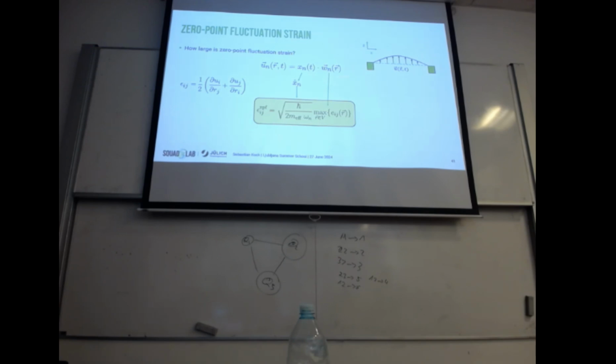So this is what you get out of it. This is the zero-point fluctuation term, and the strain is the one you get from this normalized vector. And here I wrote directly that we take the maximum because we want to put our atom at the maximum spot